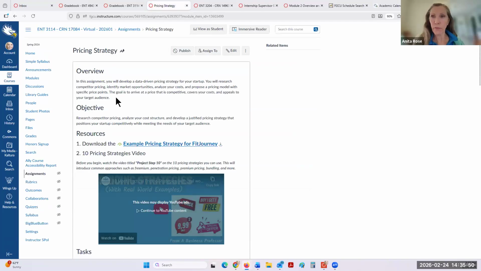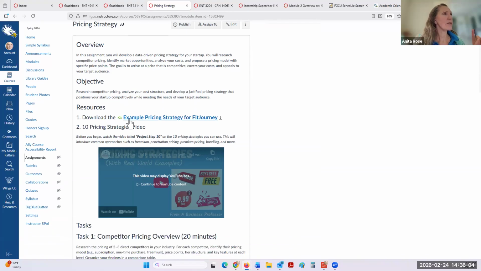We start off with a brief overview about the assignment, and we're really going to be focusing on how we come up with pricing for our product or service. Here's the objective. You can go ahead and read through that. And then I have an example to help you. We're using the FIT journey as an example throughout the course, and I'm going to pull that up for you after I go over some of the details here to show you how we have provided this nice example